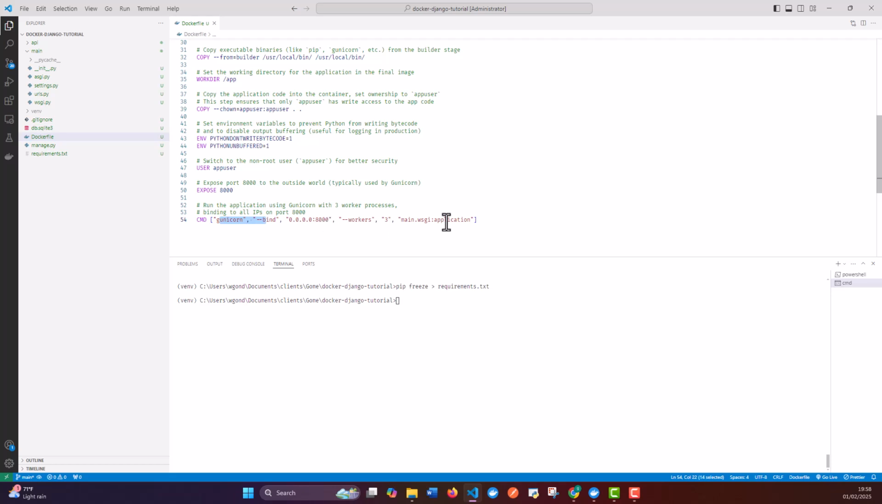What's important here for you to take note of is that we are saying gunicorn --bind, and then we have included 0.0.0.0 so that we make this accessible to the external world. And then we are saying port 8000. We have added 3 workers, and then here we're saying